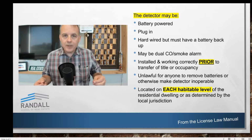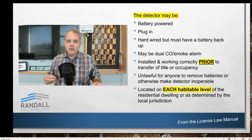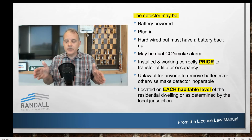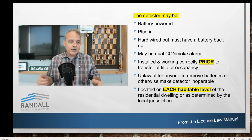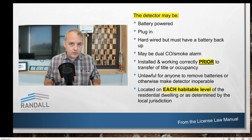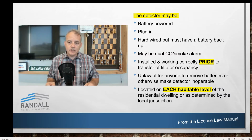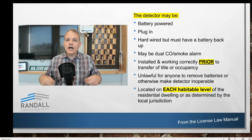It is a seller responsibility, and it's not a responsibility that can be negotiated off. It is absolutely 100% the seller responsibility or the landlord or the manager's responsibility to ensure these carbon monoxide detectors are placed properly in this dwelling. So the law says that prior to transfer of title or prior to transfer of the legal right of possession, which is occupancy, there must be those carbon monoxide detectors properly installed and in good operating